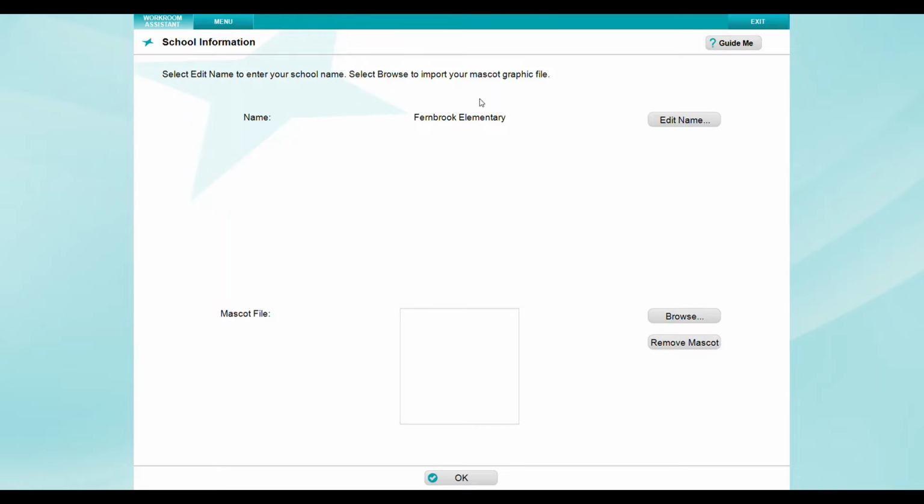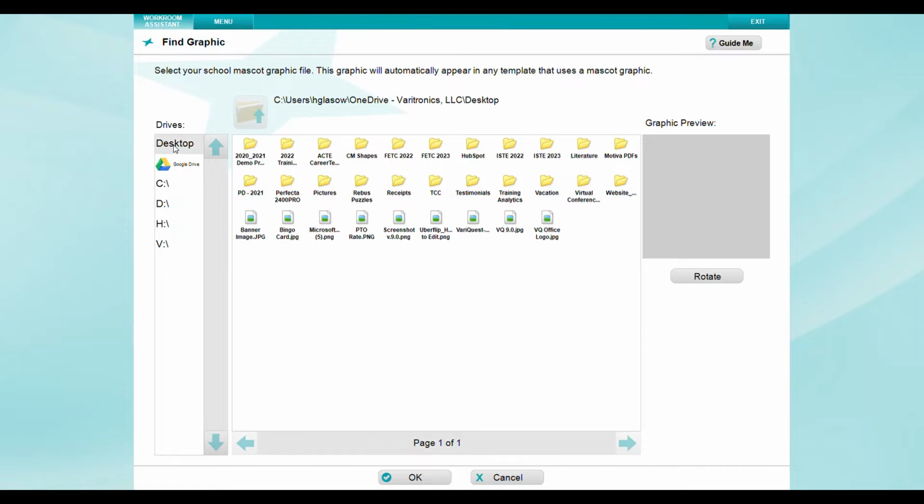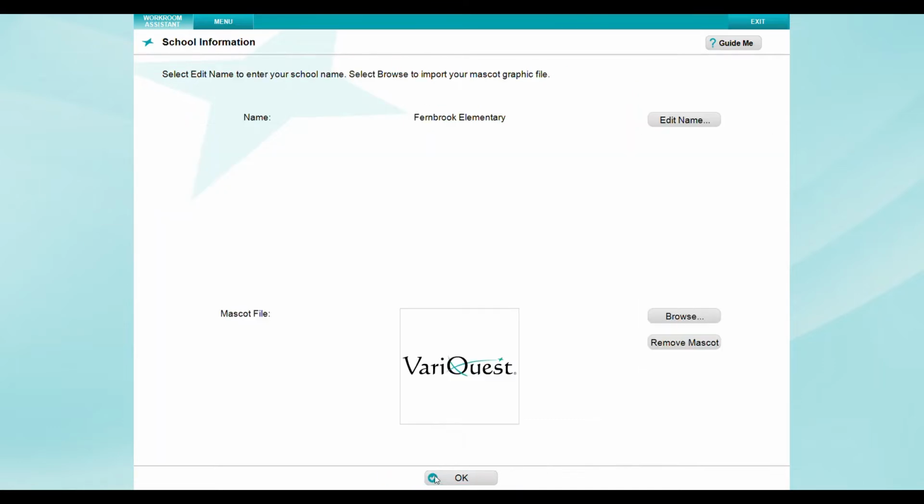Likewise, with your mascot saved on a thumb drive, pop that into the available USB port on the side of your design center and proceed to click Browse. Under the Drives column, you want to choose the drive that your mascot is found on. Click on the mascot or logo that you want to upload. You get a nice file preview here, and when you click OK, again, it saves it here as well as